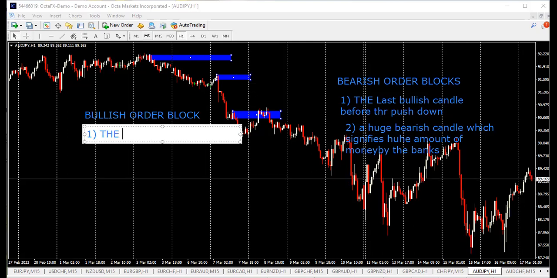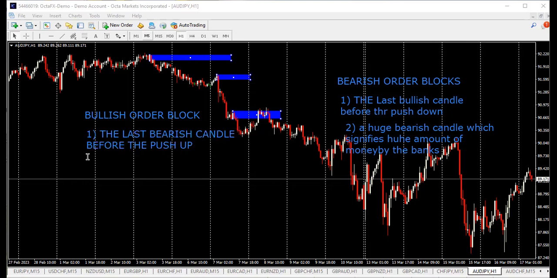The last bearish candle before the push up, then number two, the huge